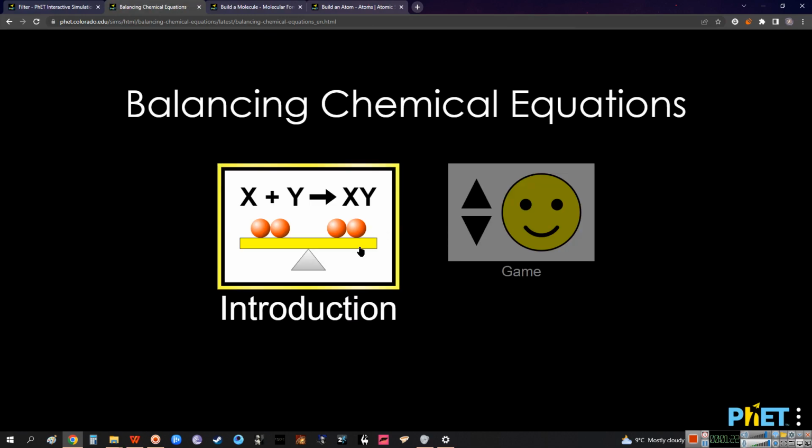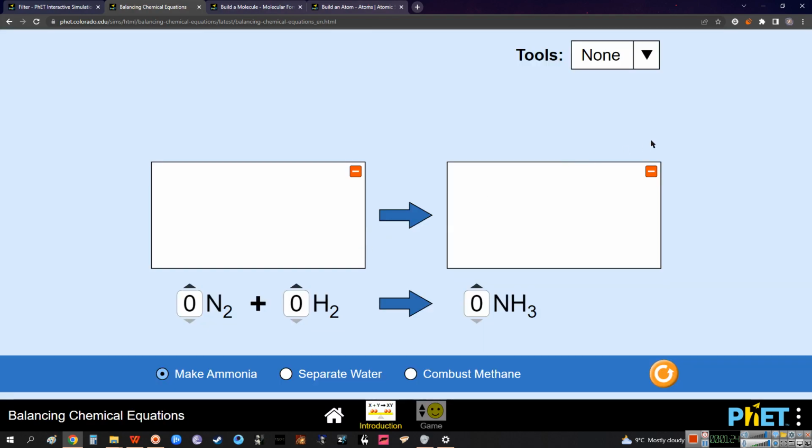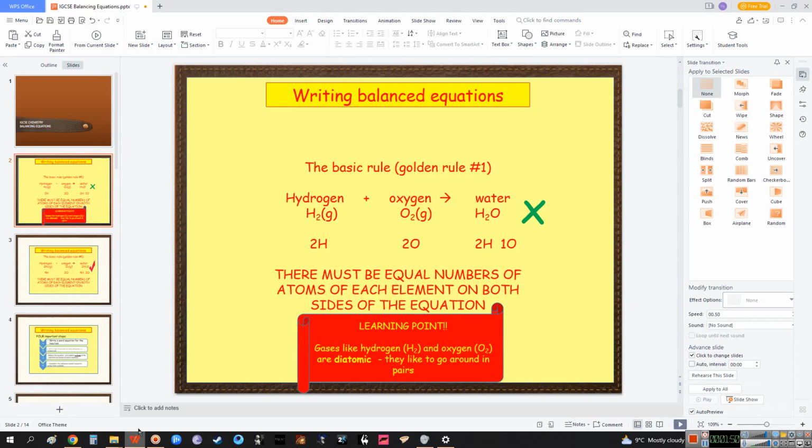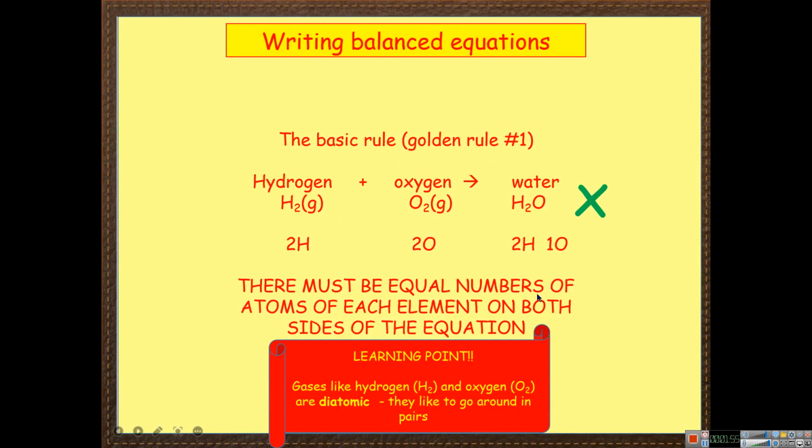Okay, first we're going to introduce ourselves to how this actually works. We're going to see the graphs, right? So right now, this is one equation in which ammonia is being formed, right? And we want to start with one nitrogen molecule as well as one hydrogen molecule. Now, as you can see, in nitrogen you have two atoms. So what is balancing? Let's get into the background. What is balancing? Now let's go through the lessons as well,